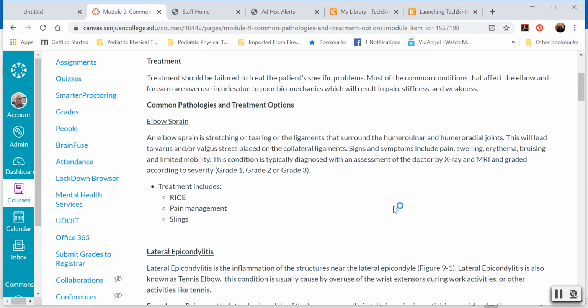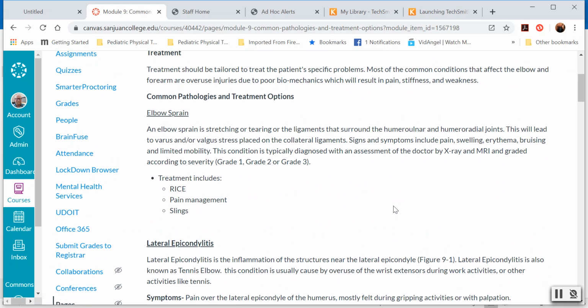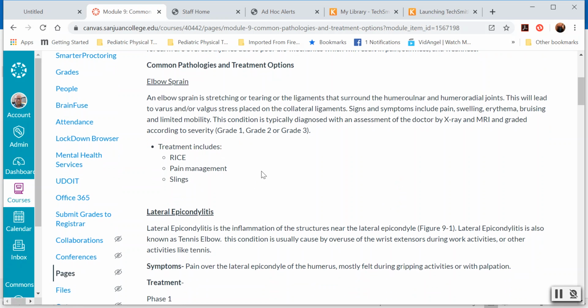So next is just common pathologies. An elbow sprain is just an elbow sprain. It's the stretching or tearing of any of the ligaments that surround the humeral ulnar and humeral radial joints. And your treatment options, kind of